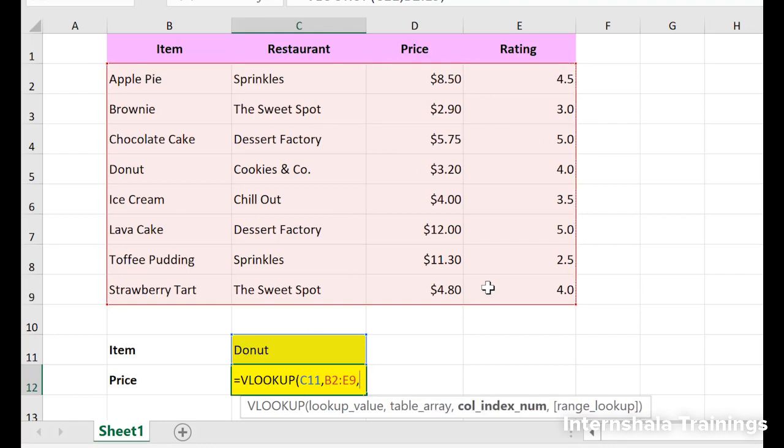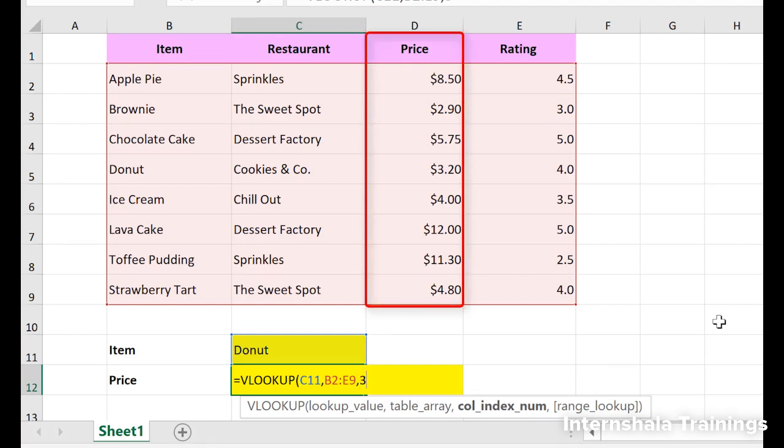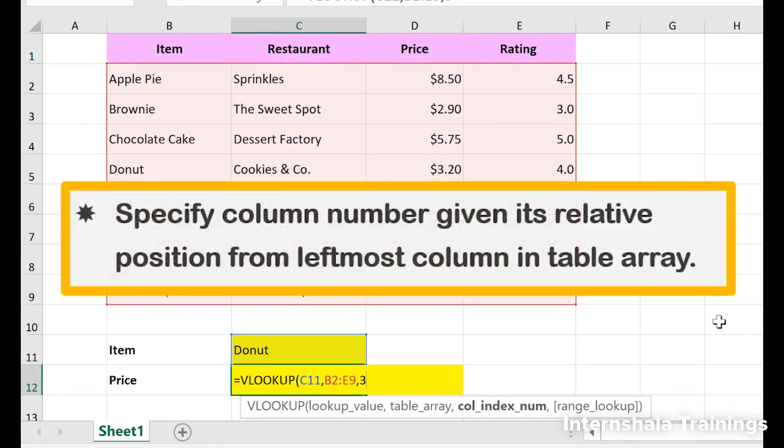For the third argument, we want Excel to return the price for our lookup value, so we will enter the number 3 because price information is in the third column from the left. Remember, it doesn't matter what worksheet column our result will be in, only the relative position from the leftmost column